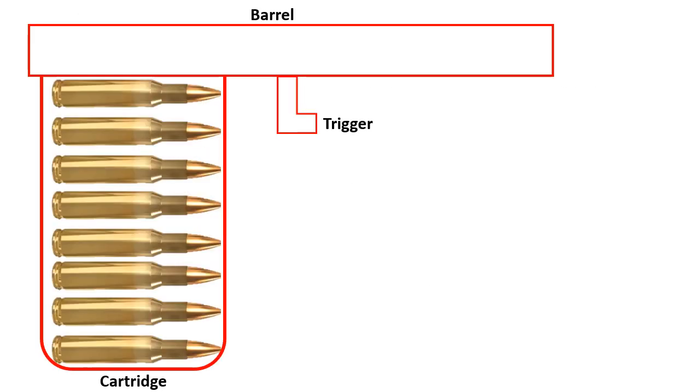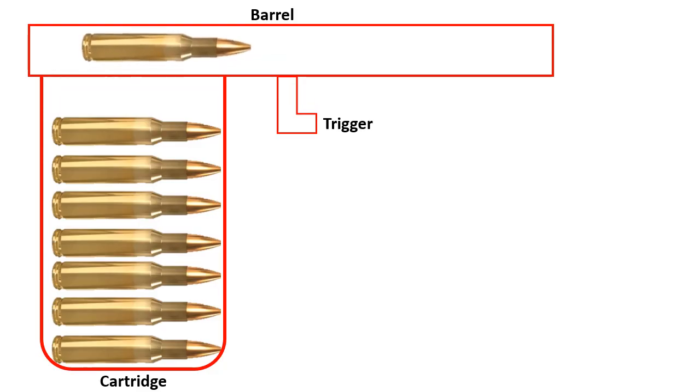So this is a typical part of any gun where we can see a pipe through which a bullet passes out of the gun. This pipe is called barrel, and the stack of bullets which are stored, the storage is called cartridge. When the trigger is pressed, we can see that a bullet from the cartridge is shifted to the barrel and passes out of the gun. So that's why it is called a barrel shifter.